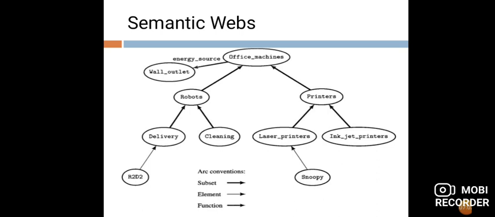Then comes the semantic web, as it is clearly mentioned in the slide through a diagram. Instead of using a top-down display as in the hierarchical maps we have already seen, semantic webs radiate from a central focal point. There are 4 main components in a semantic web. First is the core question or core concept, which is the main focus of the text or chapter or section or your lecture that you are listening to in the class.